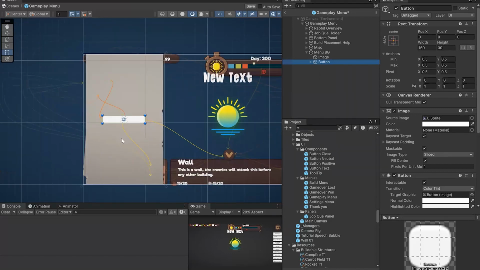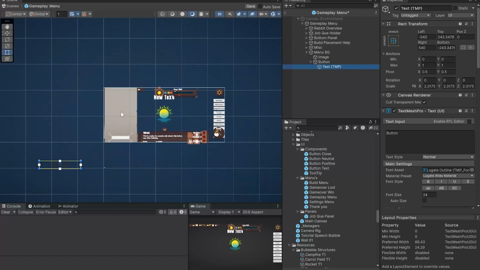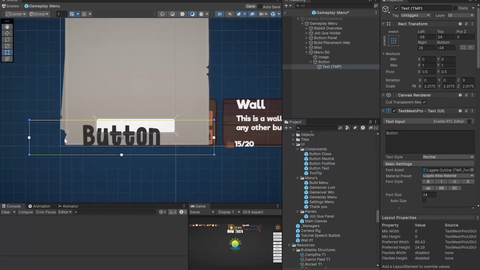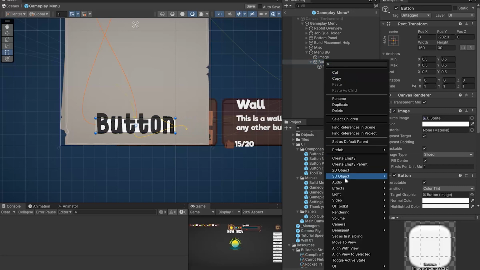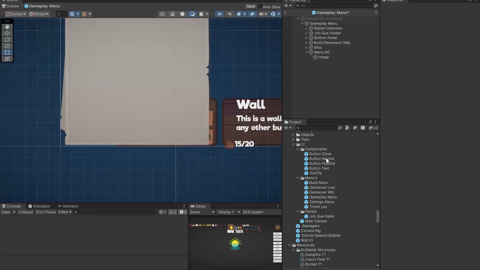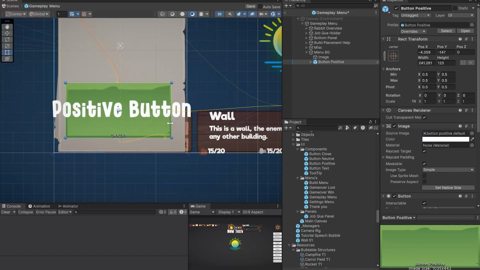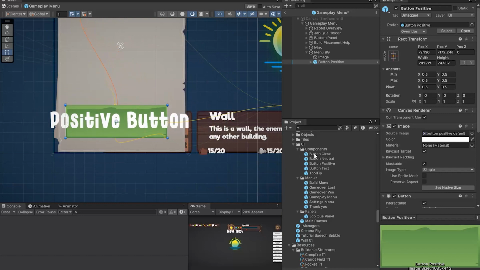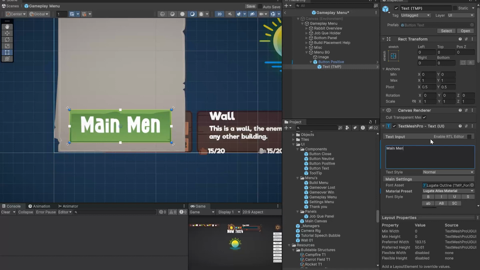And for the button, we do the same thing, right? If you set it here, there's some problem in my project, I don't know how to fix this, but for some reason the button kind of... actually, instead I'll delete this one and just do a button positive, because that's how we roll. We have these presets, and when we want to change one button, we just change this prefab and everything goes there, right? So we go in here, we change the text, we say main menu,